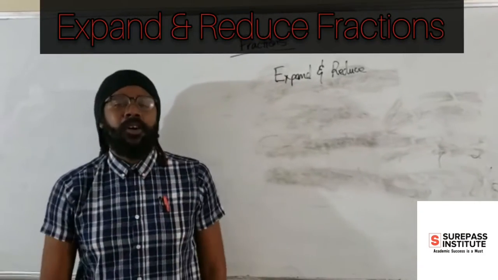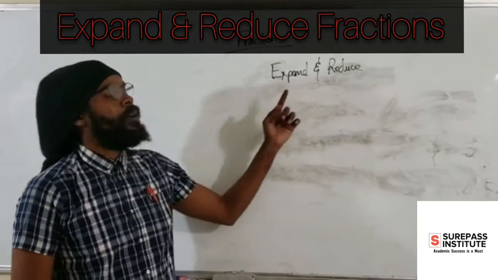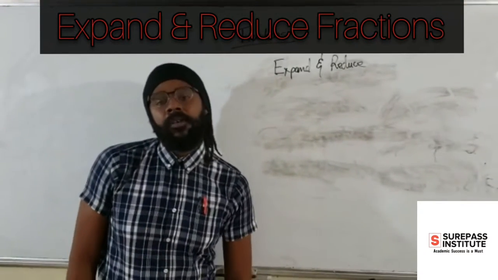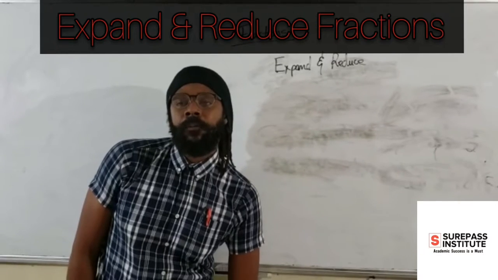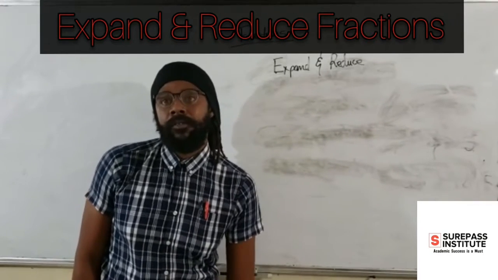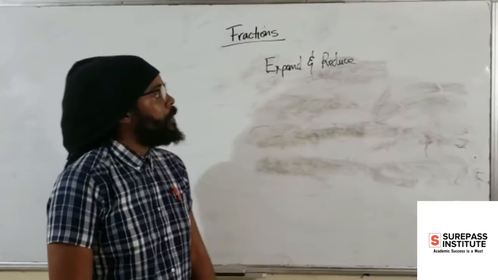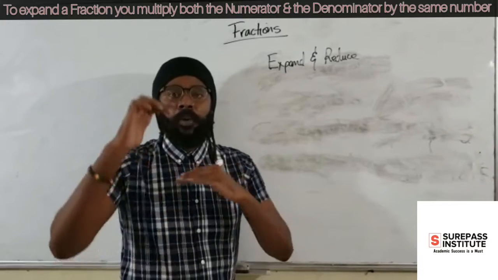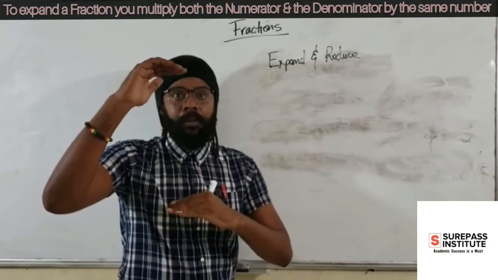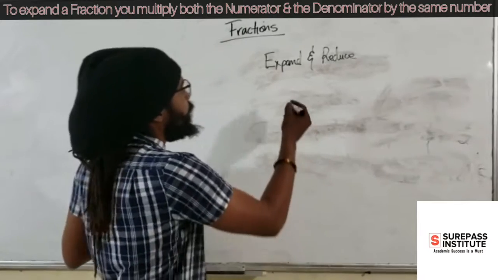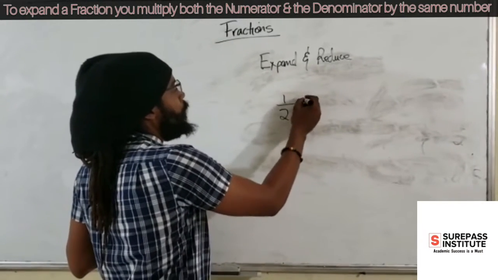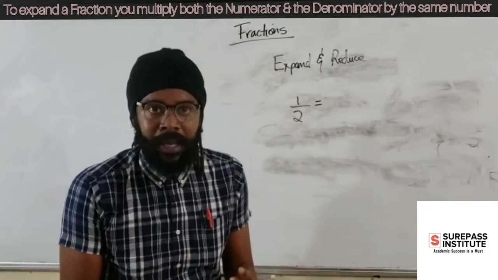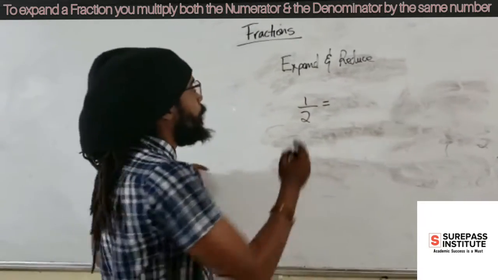The next phase in our video is for me to explain how to expand and how to reduce a fraction. The processes of expanding and reducing fractions are very simple. Firstly, to expand a fraction, we must multiply both the numerator and the denominator by the same number. For example, if we have a half, and I want to expand it to an equivalent fraction that has the same value as a half, what I would have to do is to multiply the numerator